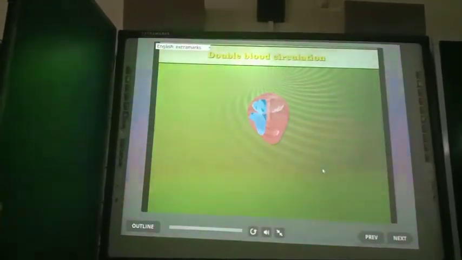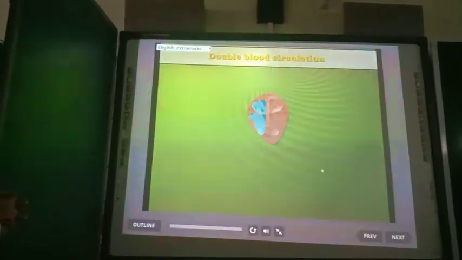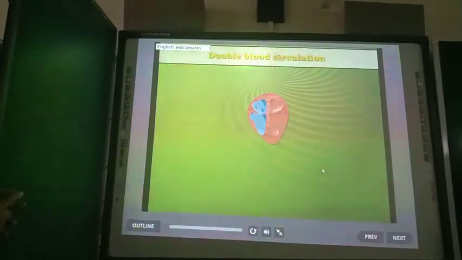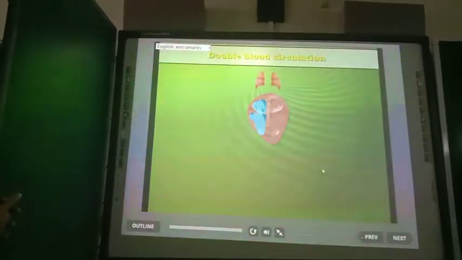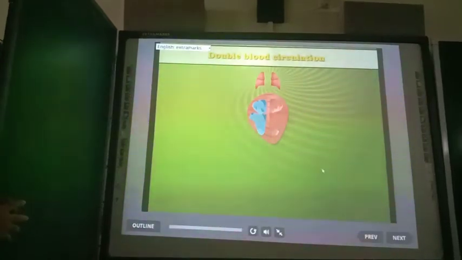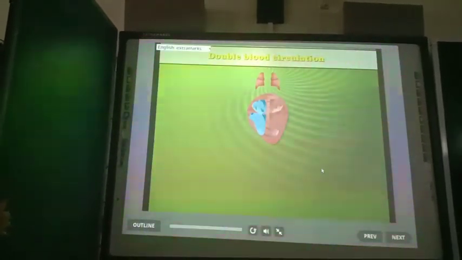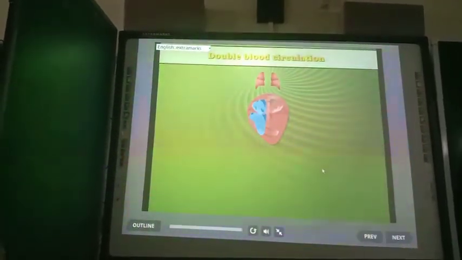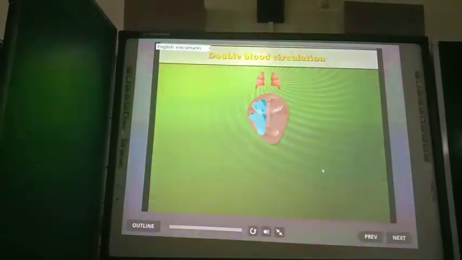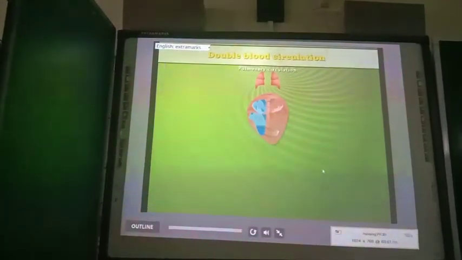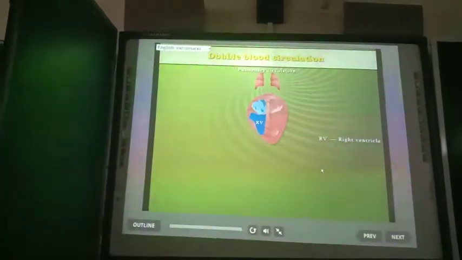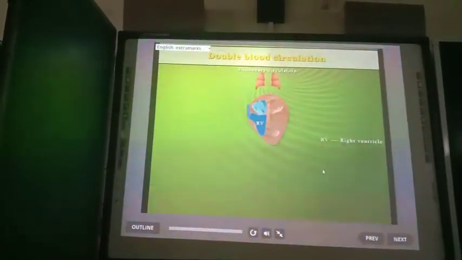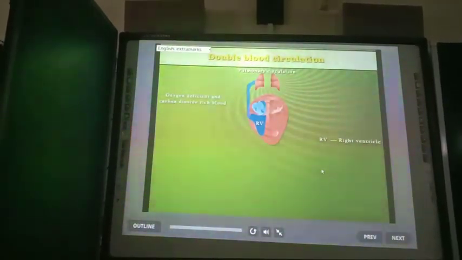This type of circulation is more prominent in birds and mammals, as in them the heart is completely divided into 4 chambers. The movement of blood in an organism is divided into 2 parts: systemic circulation and pulmonary circulation. Pulmonary circulation involves the movement of deoxygenated blood from the right ventricle to the pulmonary artery, which then carries blood to the lungs for oxygenation.